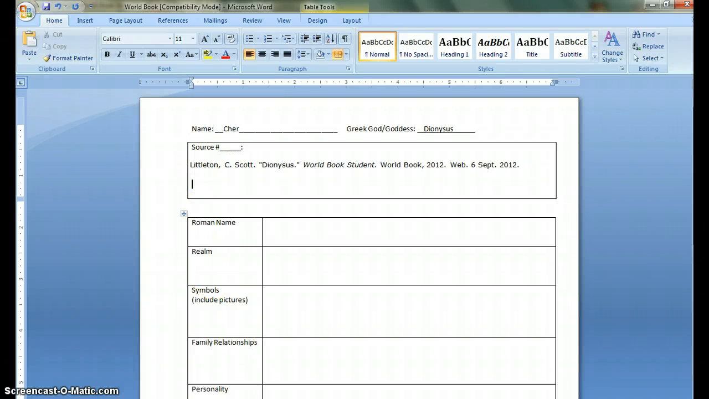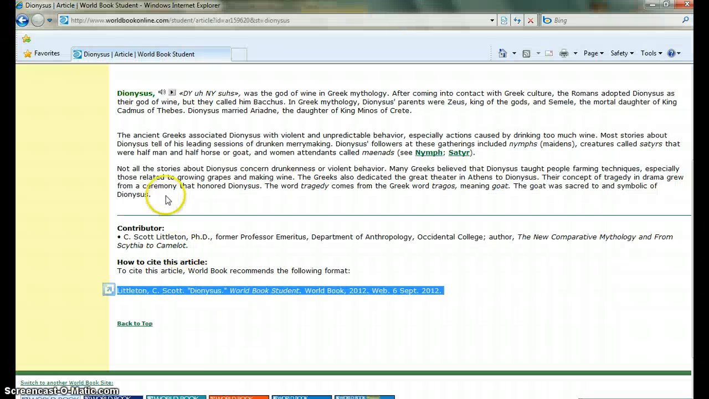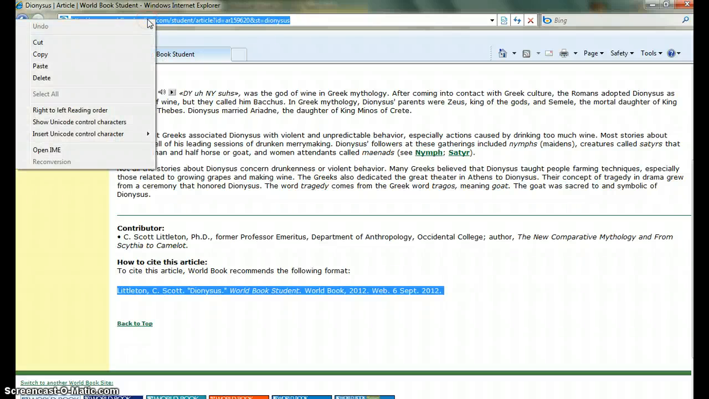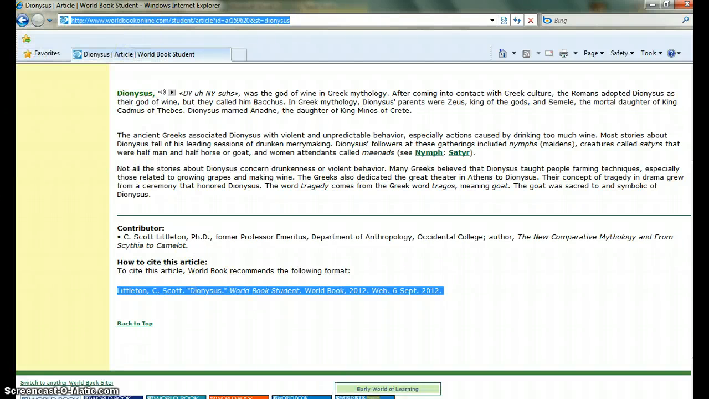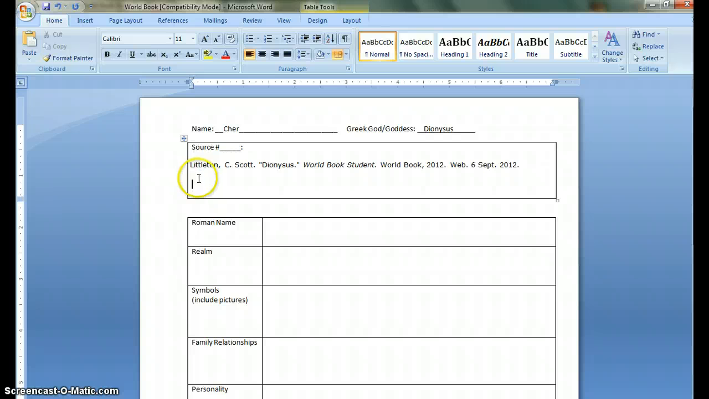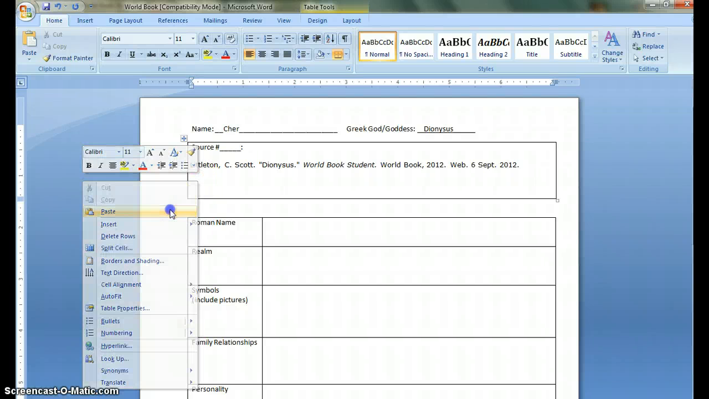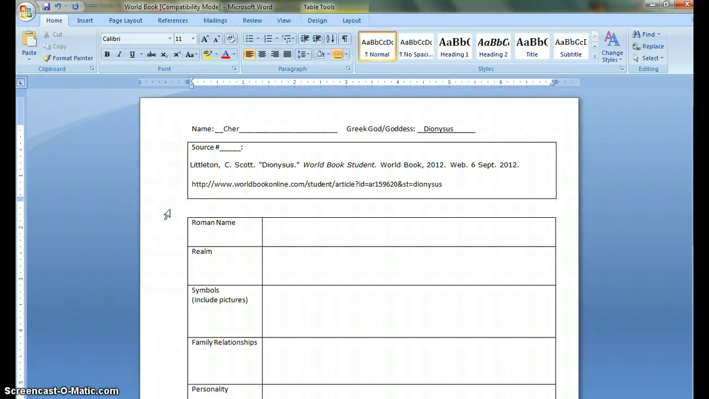And the other thing we want to make sure that we copy is the hyperlink. You go up to the top, copy, paste, we'll use this information later when it's time to actually enter the data into Noodle Tools to make a works